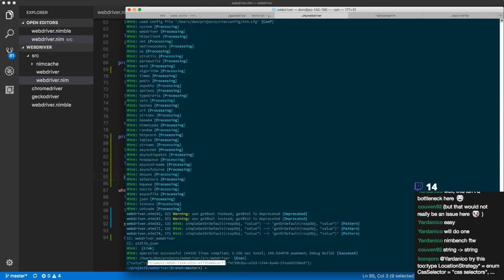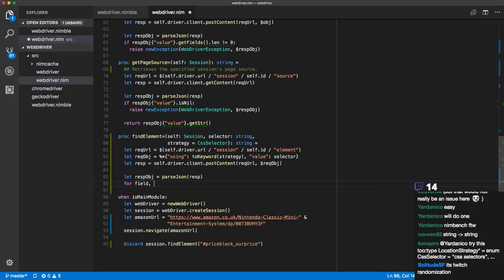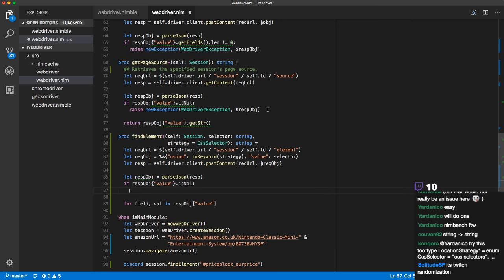Yeah, so I guess I'm just gonna loop through this stuff. So let's do resp object parse JSON resp, and then we're gonna do for field value in resp object value. Well, first of all, let's do some error handling as always, as is tradition in this file. Is nil, then